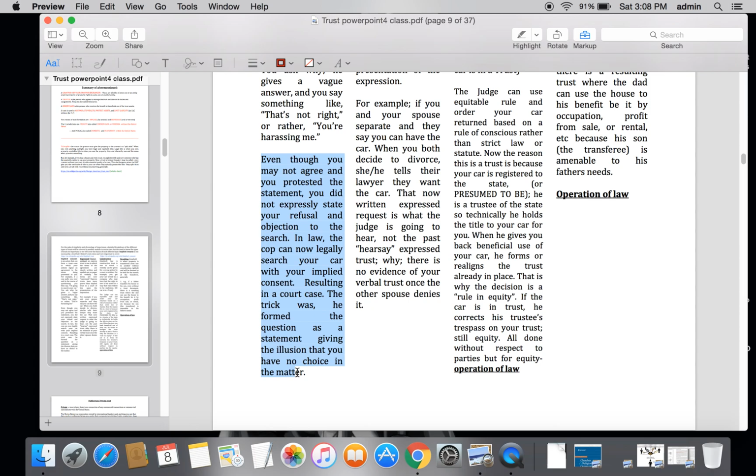And what he did was trick you by forming his question as a statement by saying, "I'm going to search your car." Because let me tell you something: if a cop is going to do something, they're not going to tell you. If they have the right to do something without your consent, they're not going to announce it. So, even though you may not agree, you protested by saying that's not right, so on and so forth. That is not express objection to their proposal. And in the law, they can legally search your car with your now implied consent,